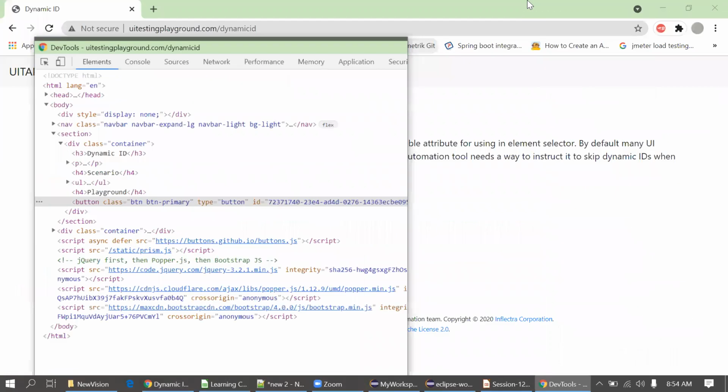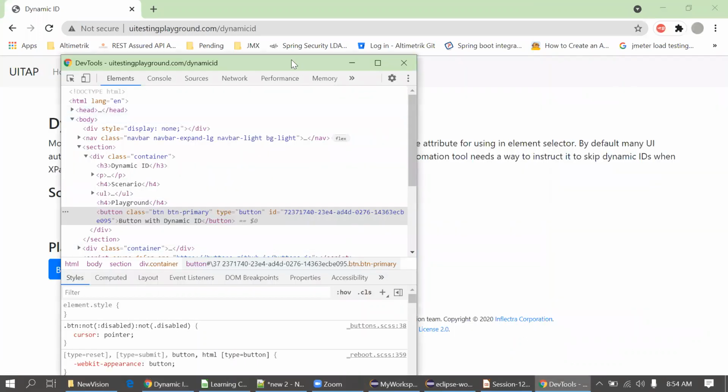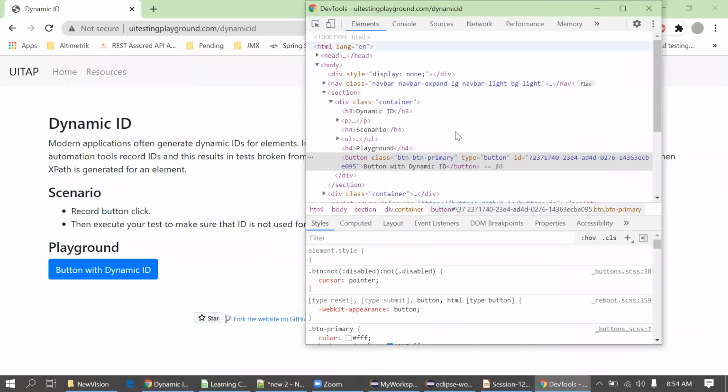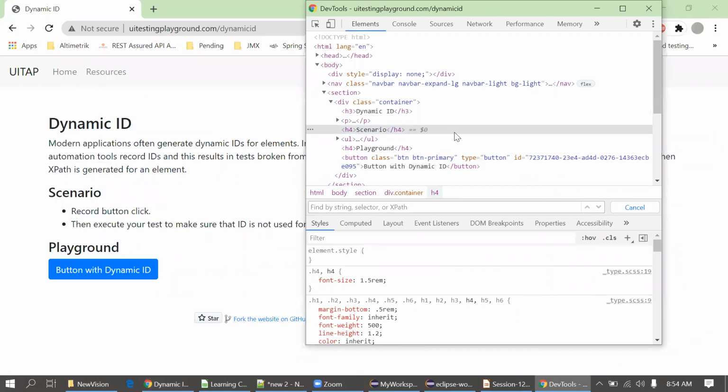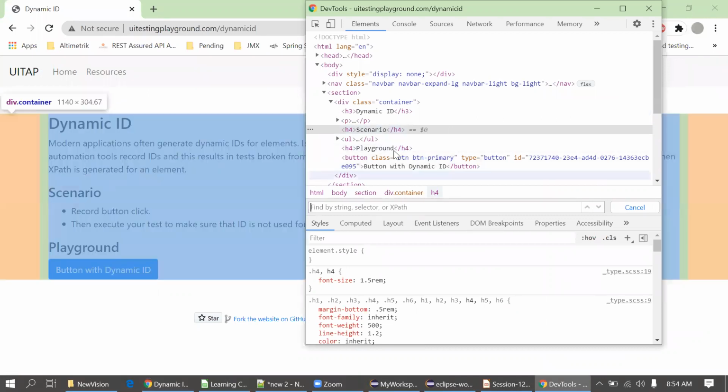Now that's fine. Let me open it again. I will confirm when you are able to see. Okay, now you are able to see. Yes, Yogesh. Okay, that's fine.